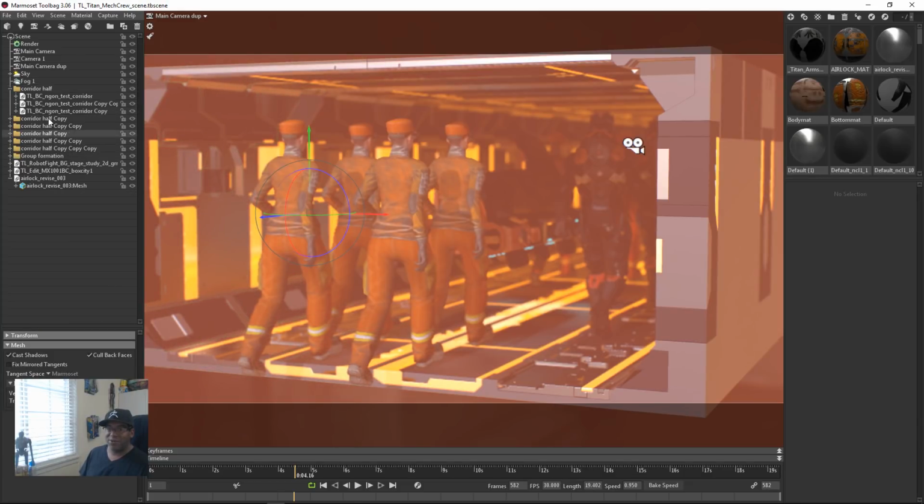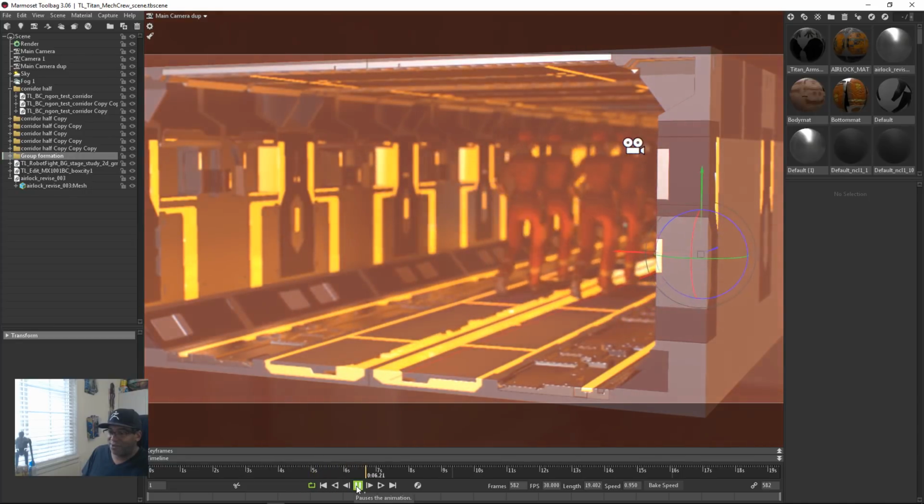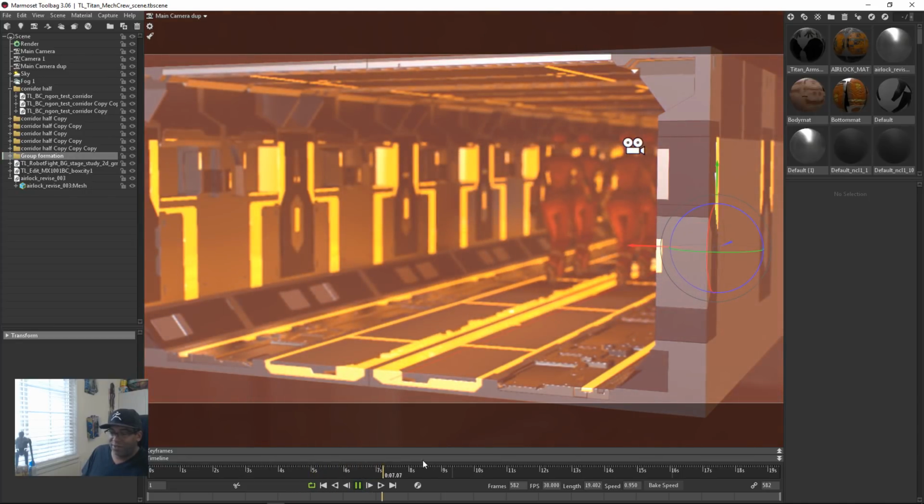But I've just copied it over and flipped it, and then duplicated those two flips, and then put them all into various folders, right? The same thing would be for the group formation, and if I select it and play it, you'll start to see them walk down the hall, right? And all of this, if I look at the keyframes,